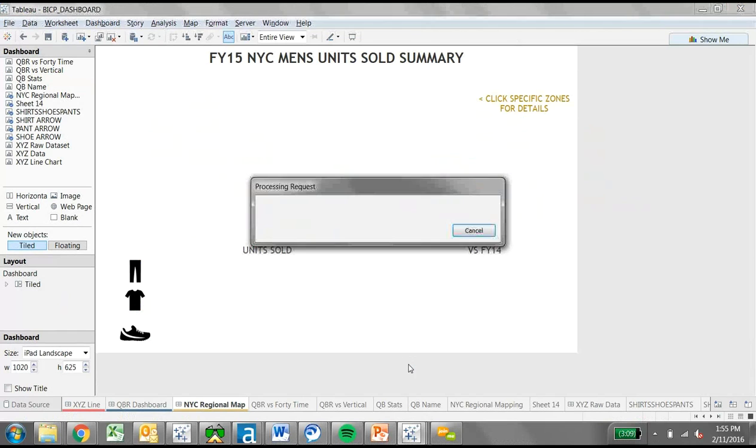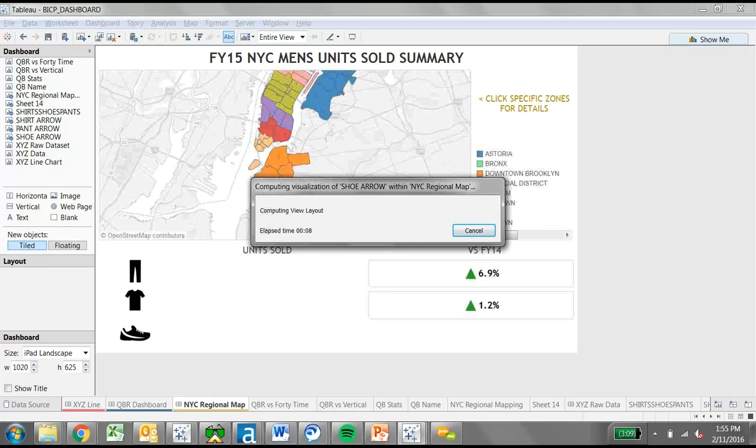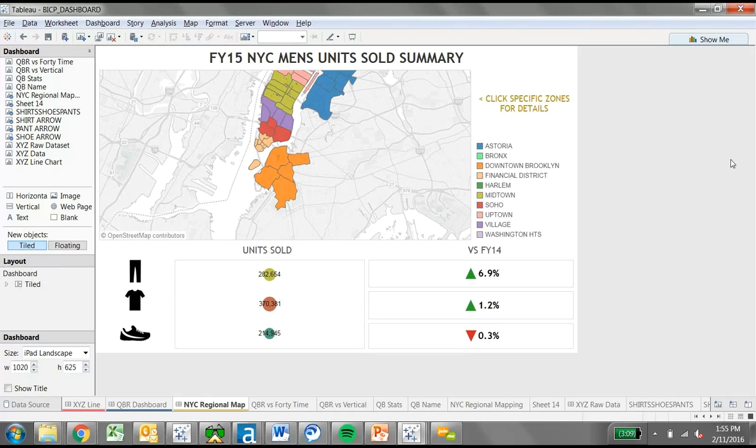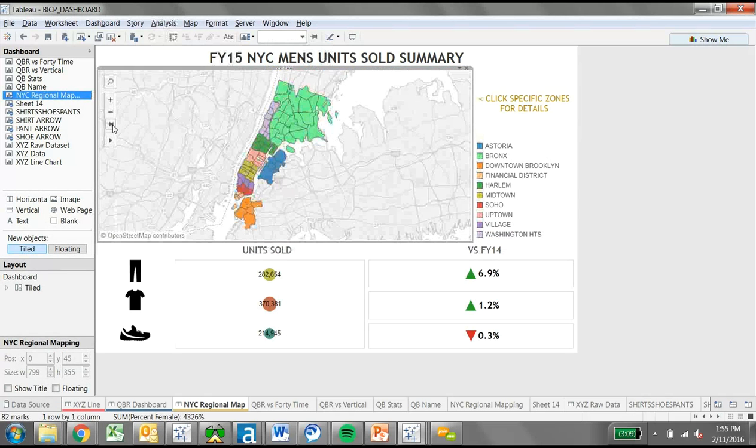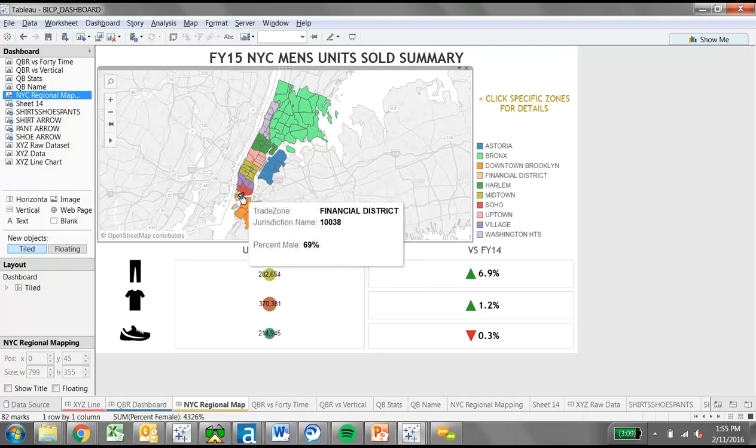So I'm going to load this dashboard. It'll take a minute or so. And while it loads, I'll give you some background. On this dashboard, I really mapped all these different trade zones, consumer zones, that are available in New York City. So this is considered the Bronx, this area is Washington Heights, Harlem, Uptown, Midtown, Village, Soho, Financial District, Brooklyn, Astoria. Obviously there are many, many more zones in this area, but this is what I